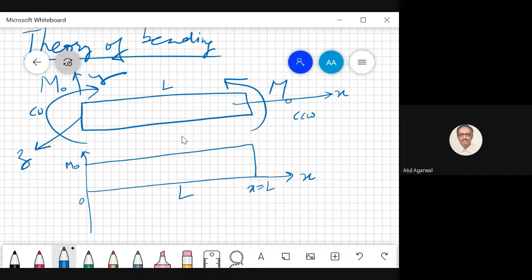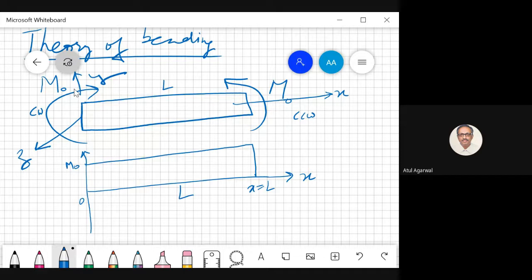Then I told you the definition of bending moment. You have to take the area normal. Area normal here is positive, and your static moment is also positive. Moment as per the static sign convention is positive. Two positives make a positive. Here the applied moment is clockwise, so negative. Area normal is also negative. Two negatives make a positive. Again, your bending moment becomes positive.